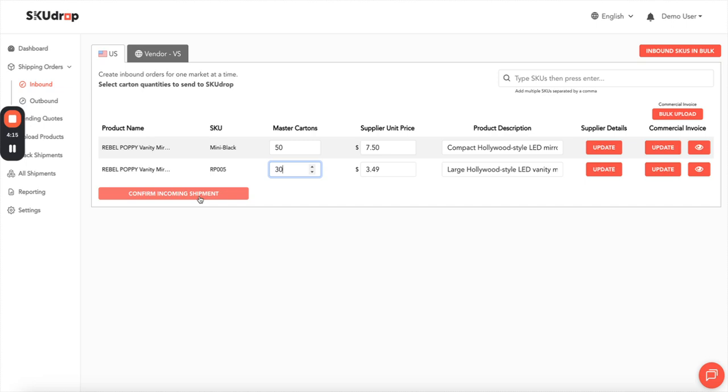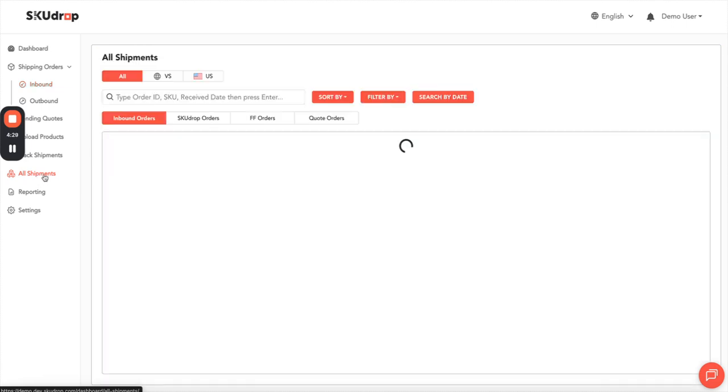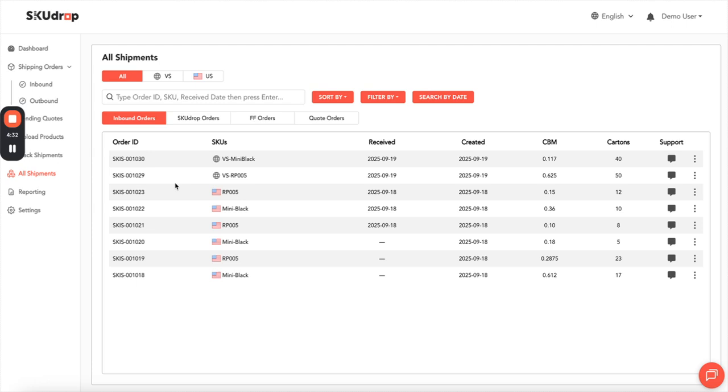For our team to receive your order, we can attach it to the correct account and it will populate your dashboard after the check-in process. Now, once you confirm this incoming shipment, you need to head across over here to the All Shipments tab. Now, on the All Shipments tab, you'll notice that there are four